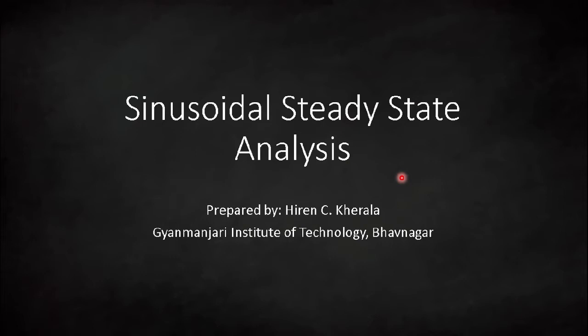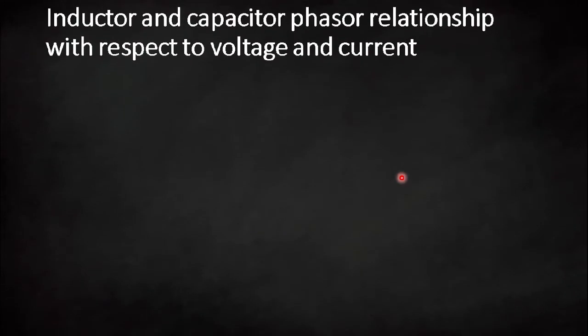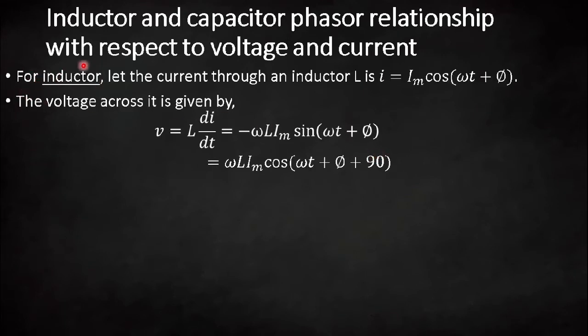In today's lecture we are going to deal with different circuit elements, specifically passive elements, that is a resistor, inductor and capacitor. We are going to find the various properties of R, L and C as far as the phasor diagram is concerned. Let me first talk about the phasor relationship of the inductor only